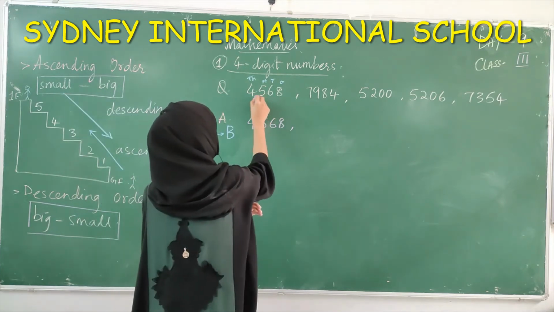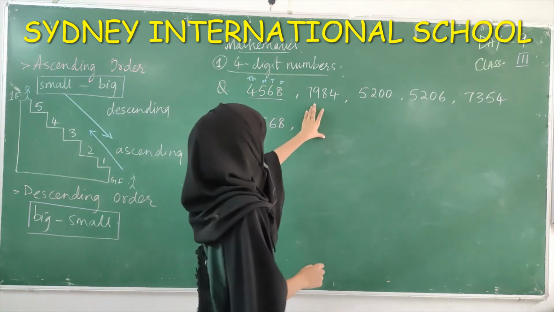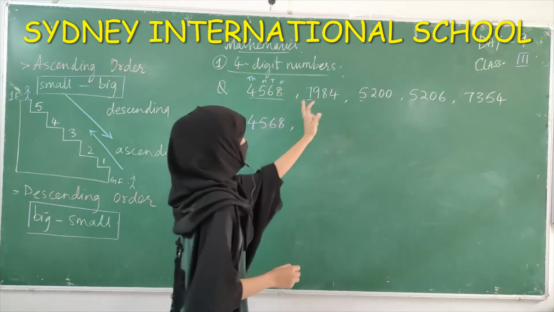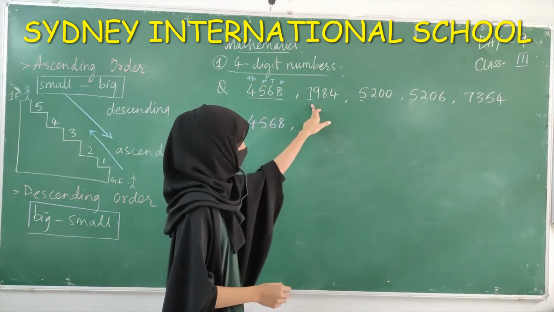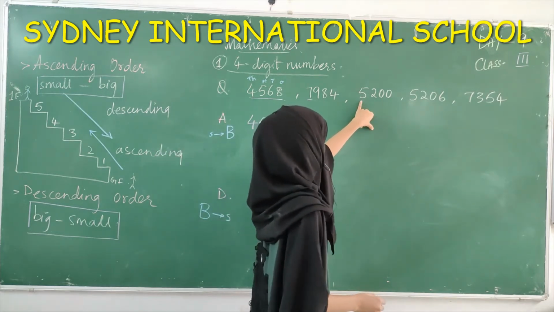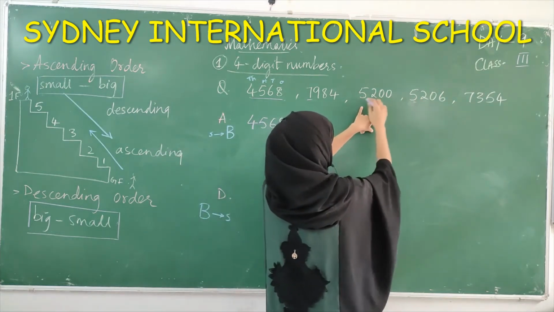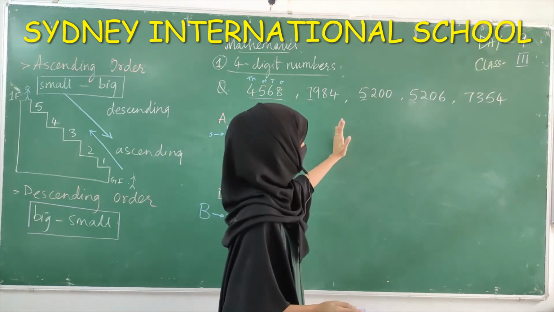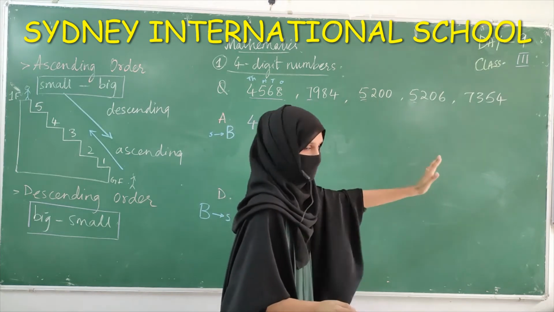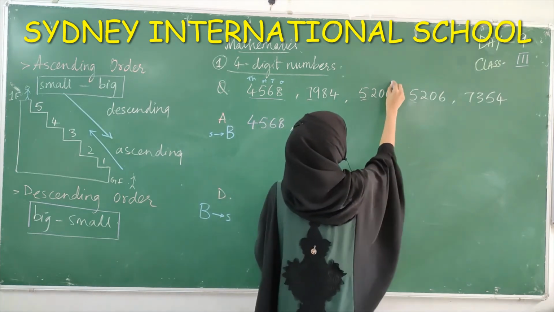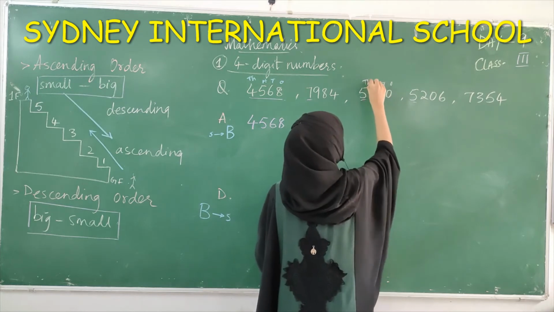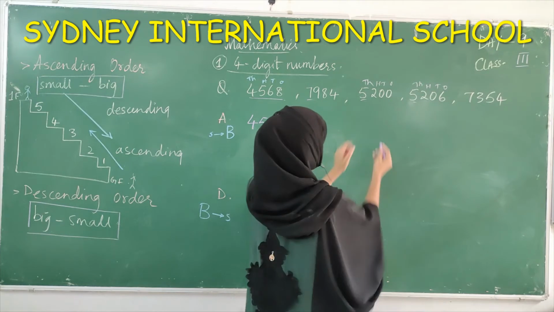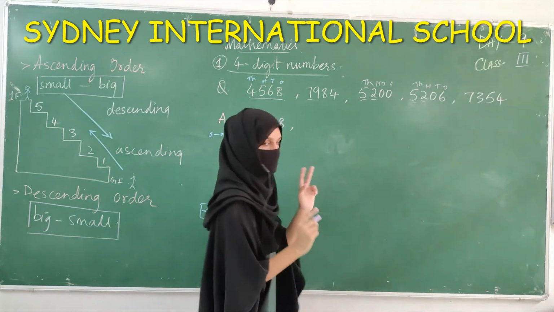4 is over. This is finished. Now next, 7 and 5. Which is the smallest number here? 5 is the smallest. So we'll look into this one. Then again we have 5. 5 and 5, both are equal. So what we'll do, as we remember from the last class, we'll go to the next place value. In the hundreds place we have 2 and 2. Again these both are equal.